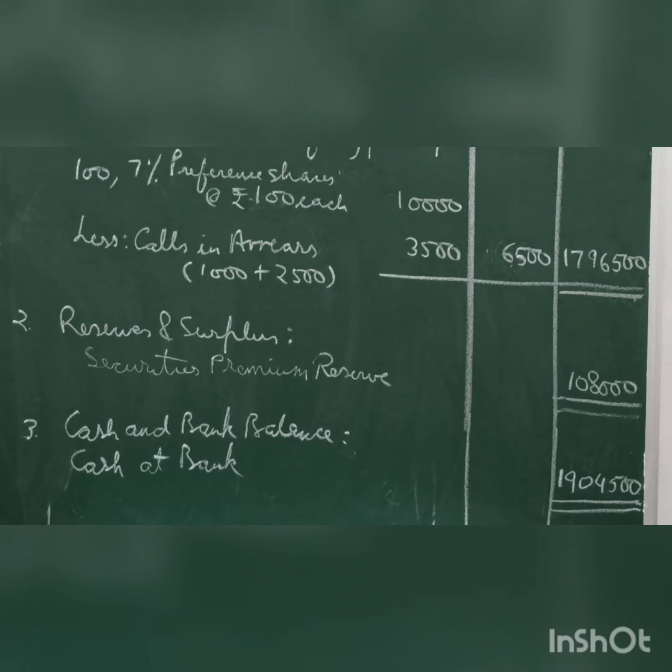Third note number is cash and bank balance. So cash at bank, already you prepared the cash book. The balance was coming 19,04,500. Or if you don't prepare the cash book, you can add up all the bank account which has been debited in the journal, and if bank account has been credited, you subtract, will give you the cash at bank. Now in this question, there is no such adjustment, it is simply from the cash book 19,04,500, which you write here, and then you write in the asset side of the balance sheet, and in the total also you mention 19,04,500.